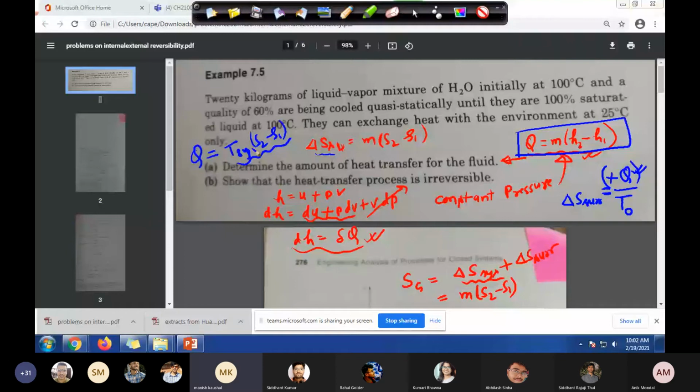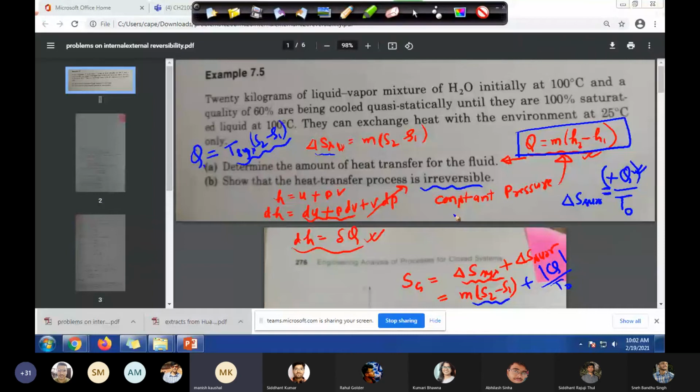Yes, sir. Yeah, because my system is working reversibly. So for my system also I can write this. So it should give the same thing. Anyway, so calculate this plus this; Q we know numerically. And since the surrounding is taking heat, it should be plus, divided by T naught. And we check whether Sg is coming positive or negative. If it is coming positive, then the process is irreversible. And what kind of irreversibility is there, Siddhant? Internal or external?